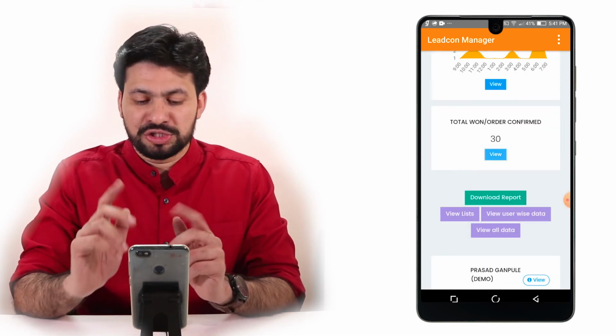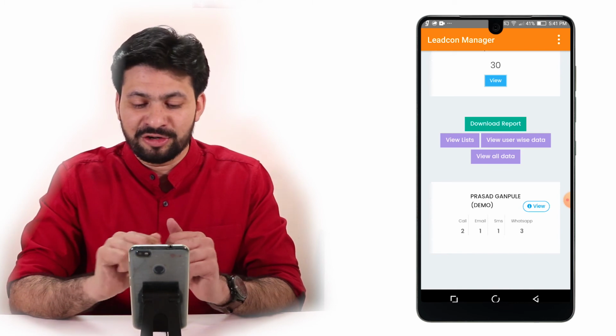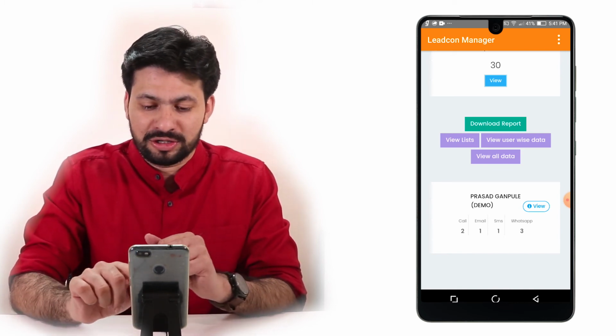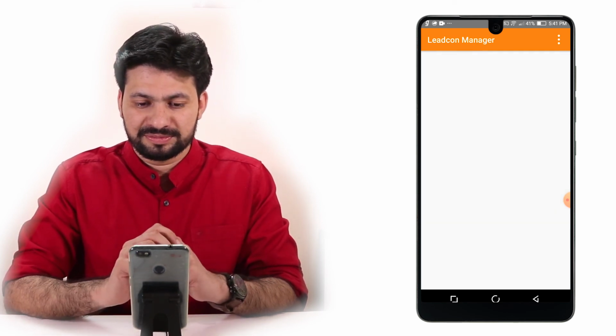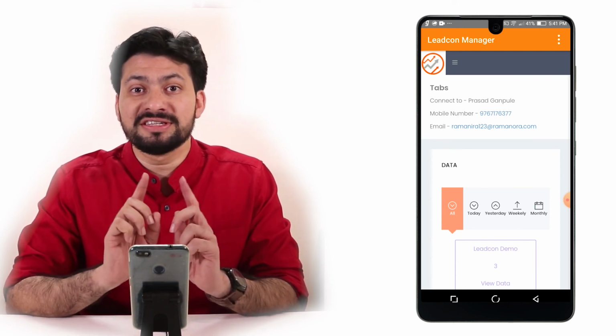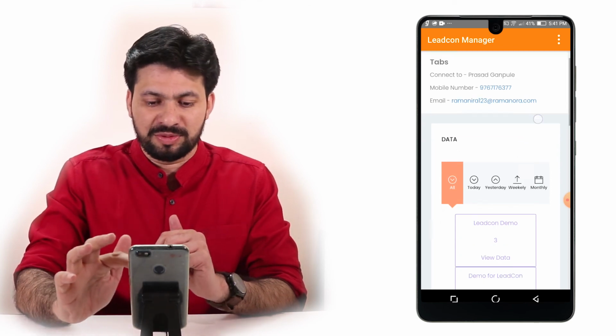But what we are going to check, how do you check? If you scroll to the extreme end, you can see at the end of it there is our name, the name with which we had logged in, and there is a small view icon. Click on view, and now we are on the page of a certain salesperson. So for different individual salespeople, you will be able to see different salespeople there.